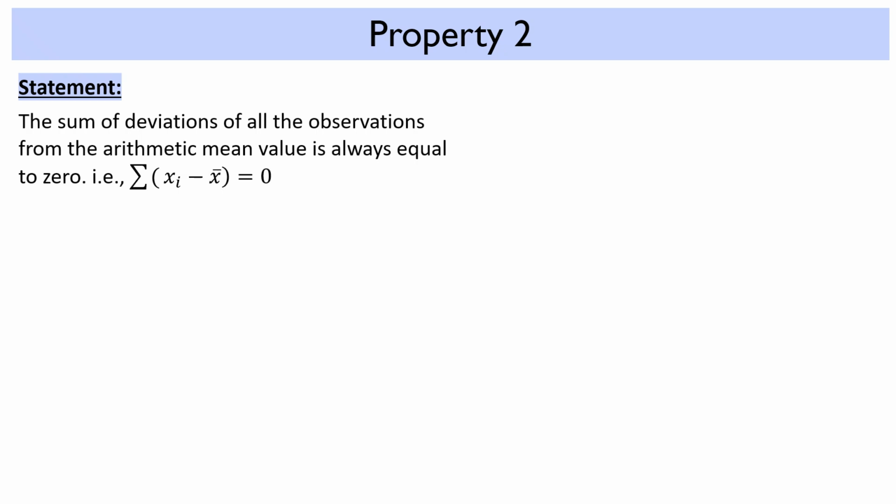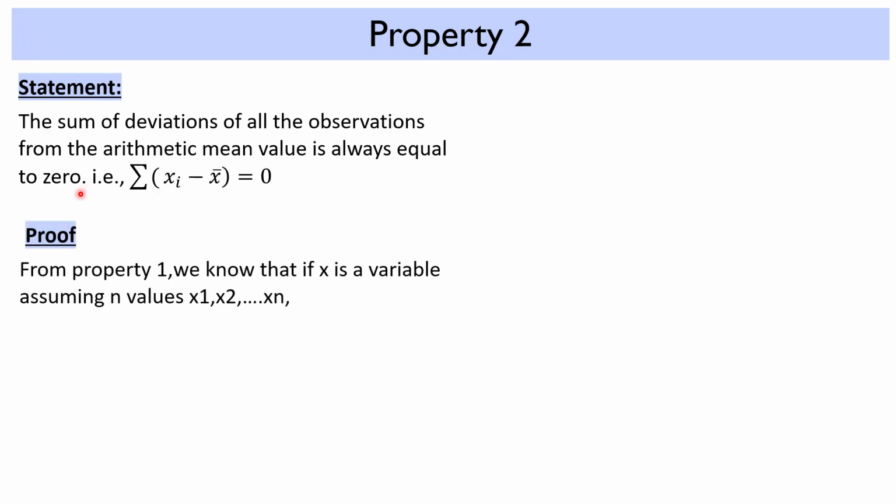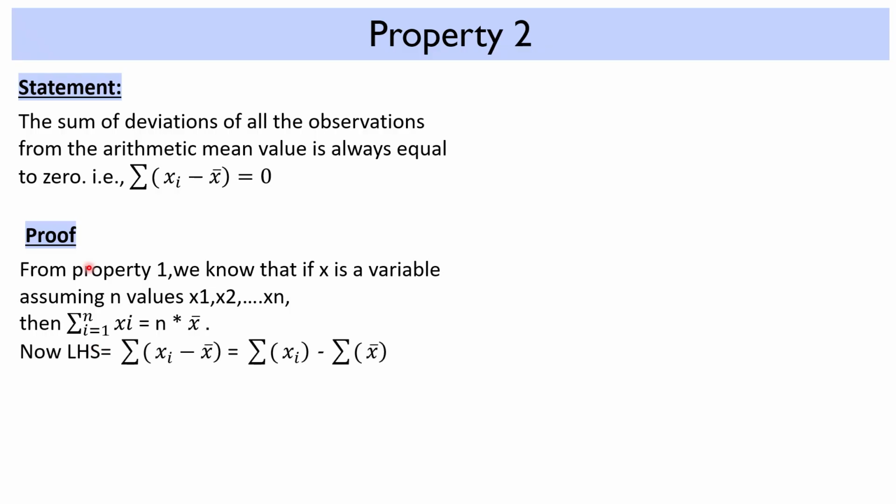Property 2 states that the sum of deviations of observations from arithmetic mean is always equal to 0. Let's prove it. From property 1, we know that summation xi is n into x bar. Now if we take the LHS of the statement, summation xi minus x bar, we are going to separate out these terms. So it will be summation xi minus summation x bar. In the next step, we substitute summation xi as n into x bar, and x bar here is added n times, so it will be n into x bar, and your answer comes to be 0, which is the same as